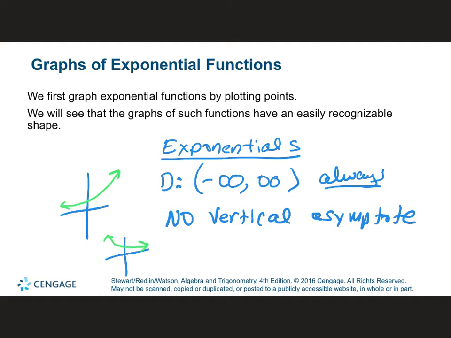It's going to get really, really close to a horizontal line, but not touch it. That's going to be our horizontal asymptote. But there will never be a vertical line that your function is going to get close to and not touch. So in exponentials, it's really important to remember that your domain is always negative infinity to positive infinity, and